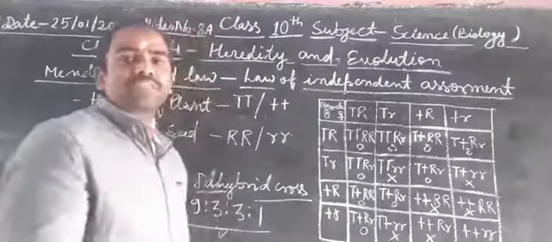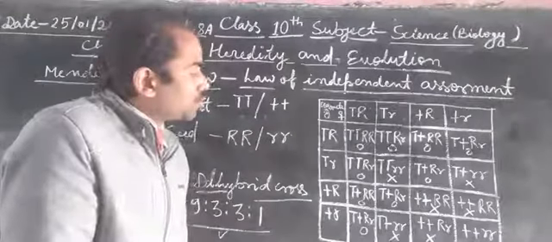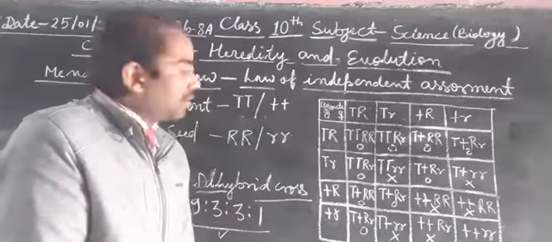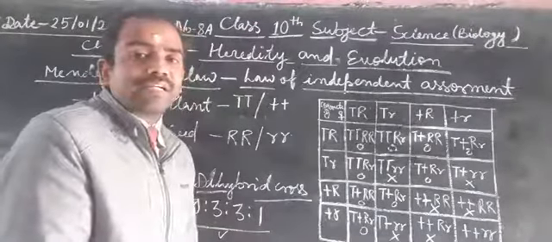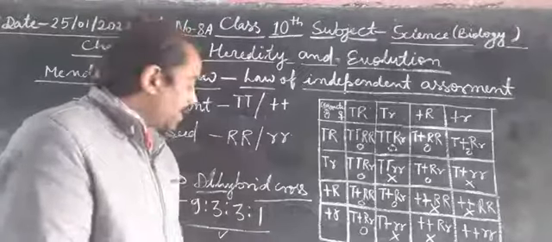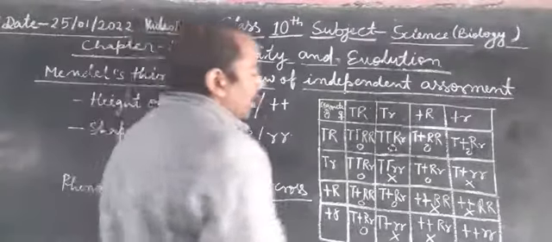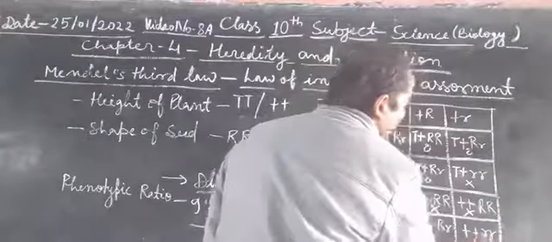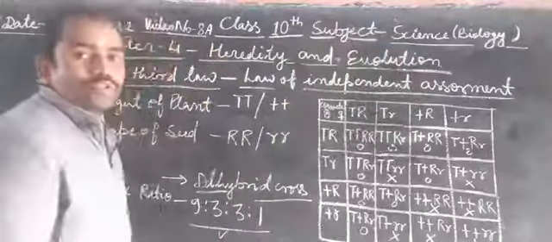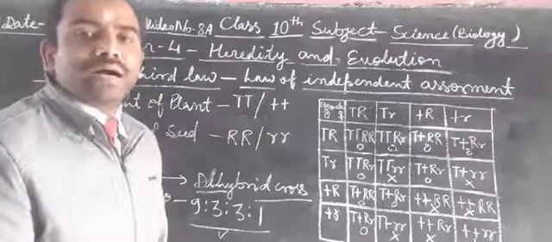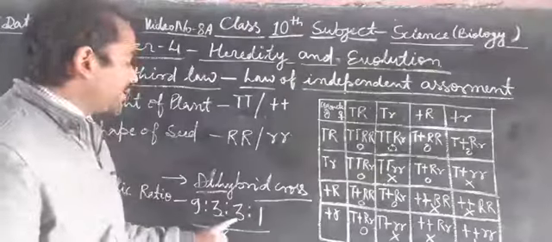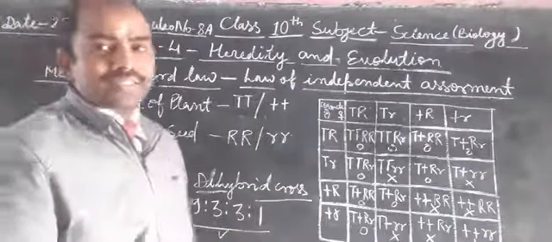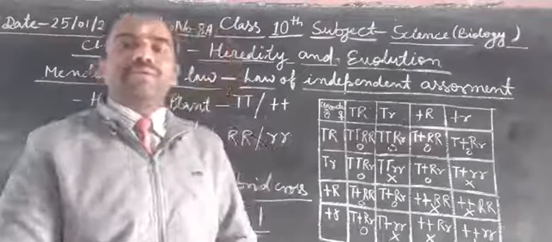This type of seed is found in those plants which are dwarf and which have wrinkled seeds. Okay. Now one will be small and wrinkled. So phenotypic ratio is 9:3:3:1. Okay, students, I hope that you have understood this